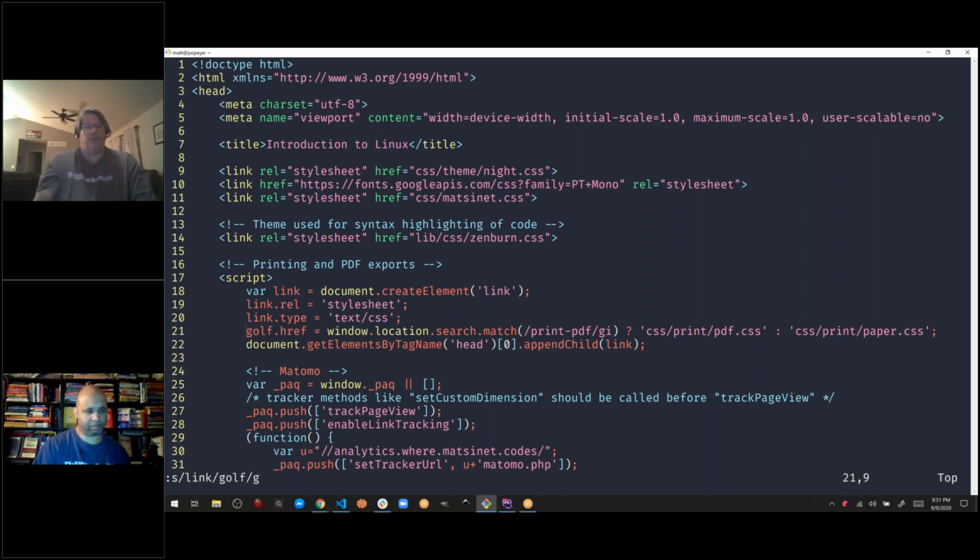Oh, well, that's interesting. I wonder why it's doing that. Oh, I do know, because the % says take the entire file into the search, and then the G just says don't ask me for every occurrence. So now if I do link with golf, G, it's not going to ask, and it's going to replace everywhere that said link. Even up here, this is why you wouldn't necessarily want to do this, because that word link